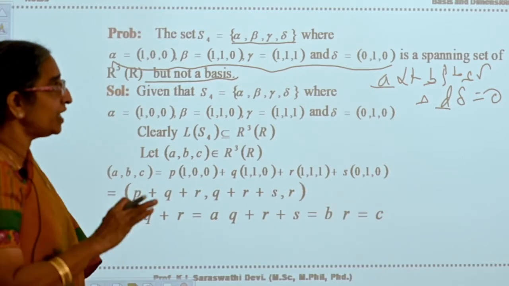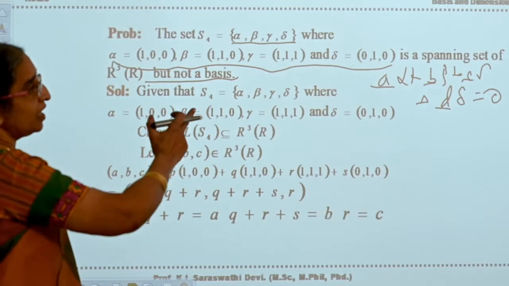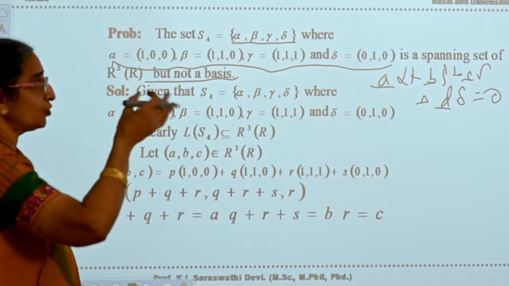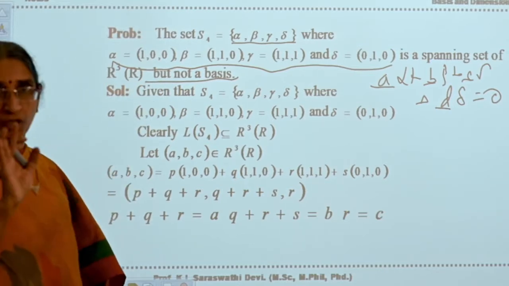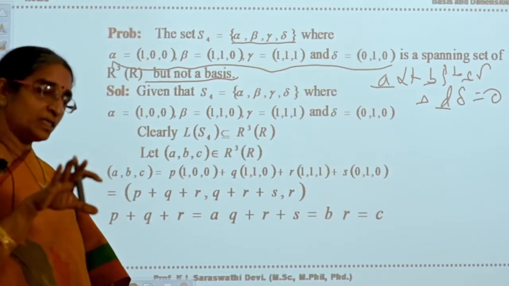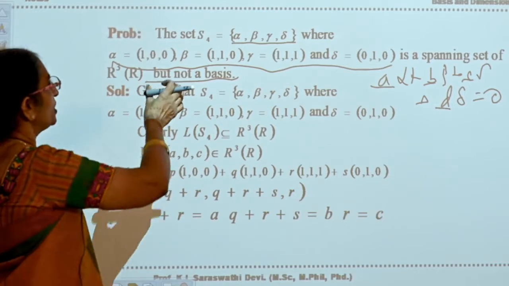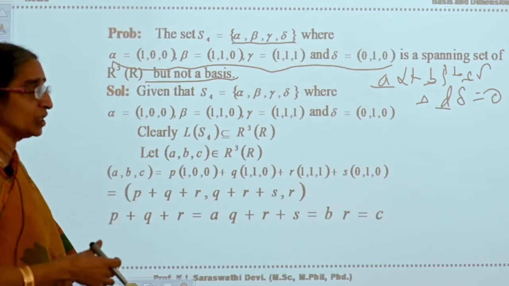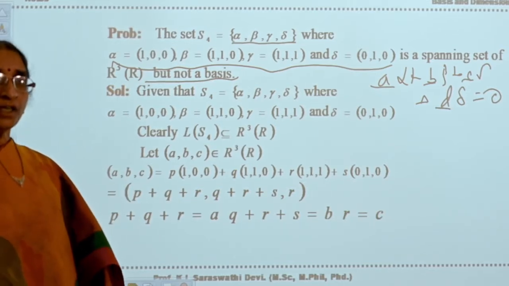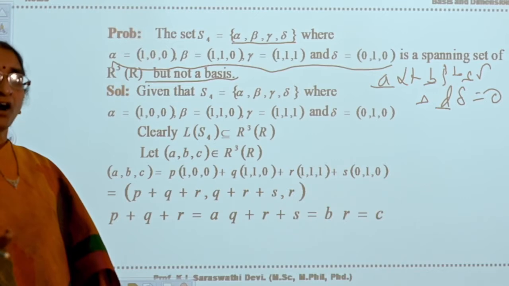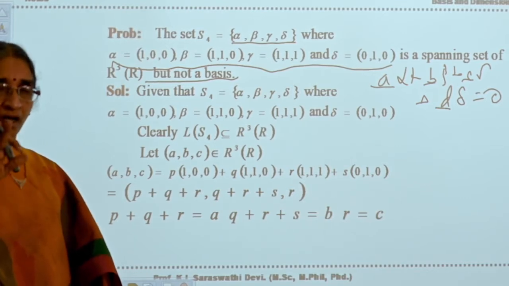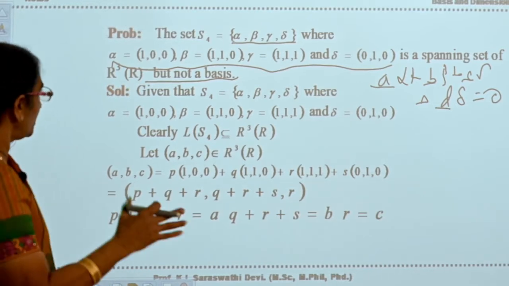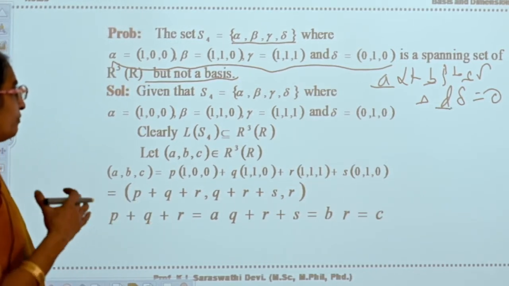One way of proving linear dependence is to consider the linear combination equal to 0 and show that A, B, C, D are not all zeros at a time. That is one procedure. The second procedure is to take them into matrix form and try to convert it into echelon form. From the echelon form, if the rank of the matrix is less than the number of variables, then you can conclude it is linearly dependent.